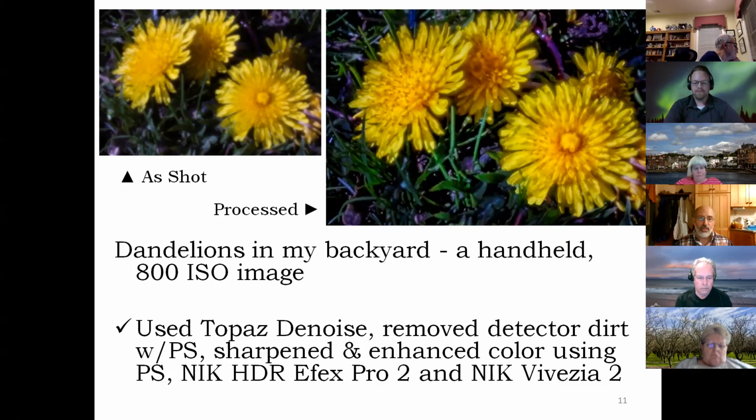Some other things, Nik HDR Effects Pro, and something called Nik 5ASA, which really can bring some details out. This is just an example. So it's not that fuzzy when you've gone through and done your processing, if you can do it